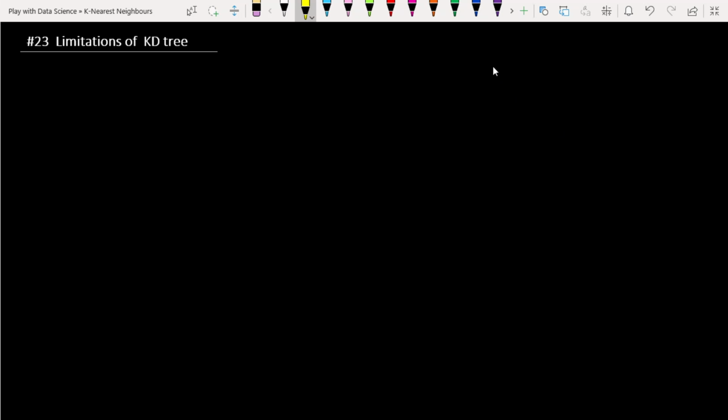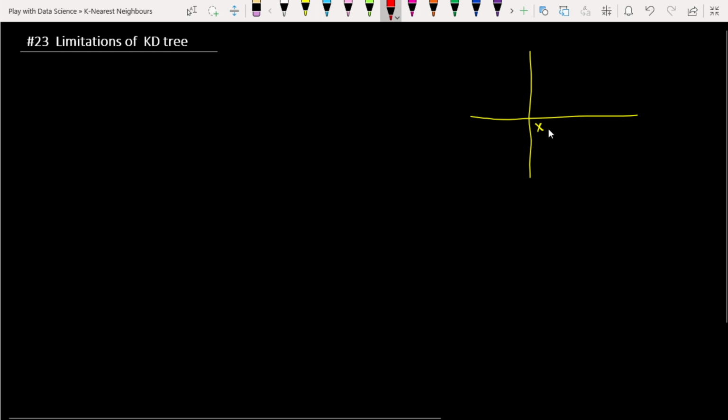To find the KNN by using a simple KD tree, if you remember, we draw the picture like that. Suppose our query point is here. Then for this query point, we have to take care of these regions as well as this one. So for 2D, if our query point is like here, and we take